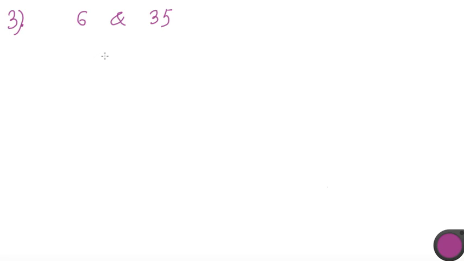Okay, let's see how you have decided these numbers. If I take 6, again bring your magnifying glass and look at the atoms of this. 2 and 3, 2 times 3. Now look at 35. What are the prime factors of this? 5 times 7. So you have very cleverly chosen these numbers so that none of the prime factors are common.